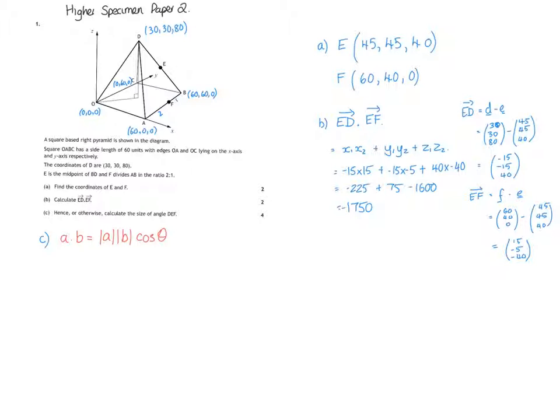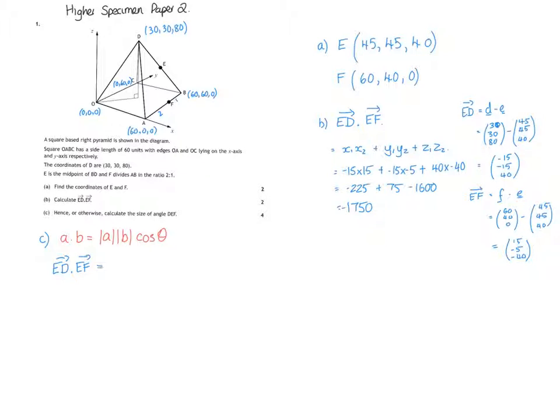We can find the magnitudes of A and B, or the magnitude of ED and EF in this case, and we can use that to find our angle. So we rearrange this and put in our new things. So we have ED scalar product with EF